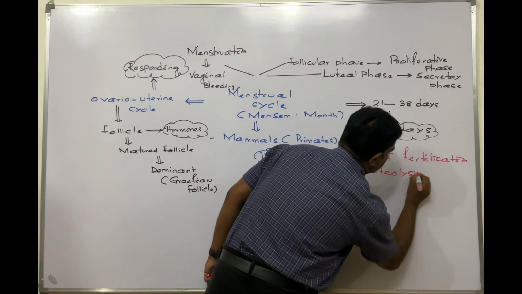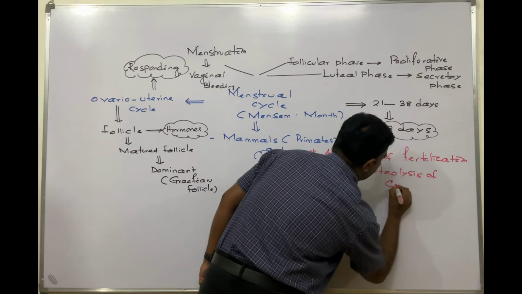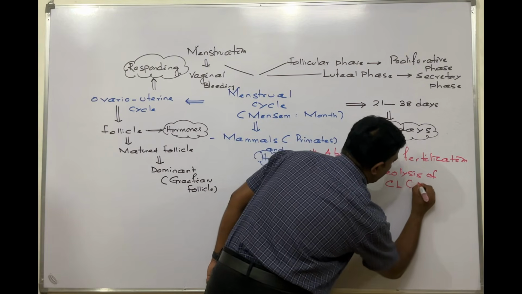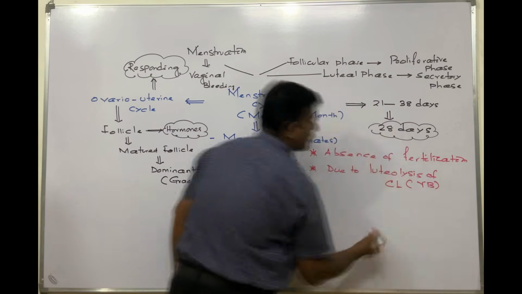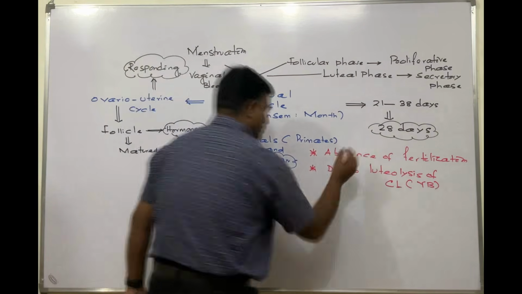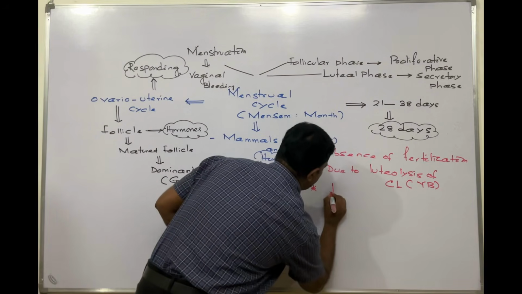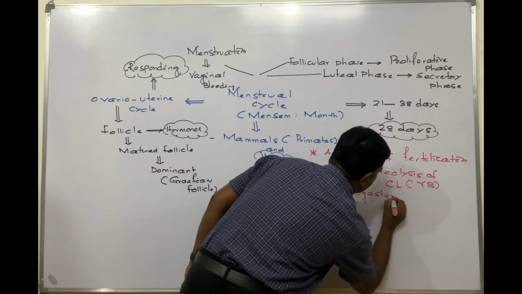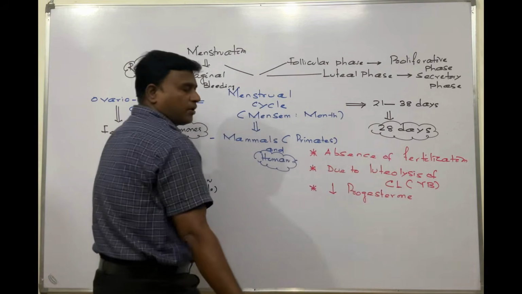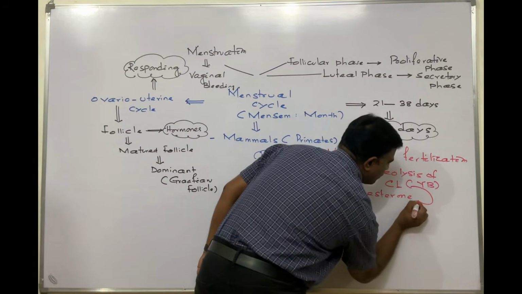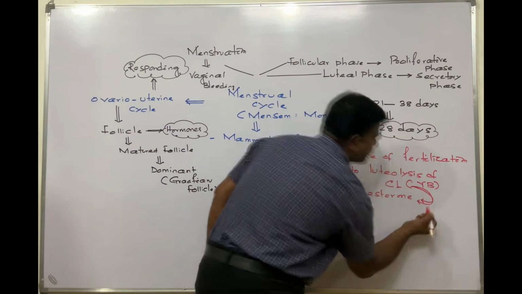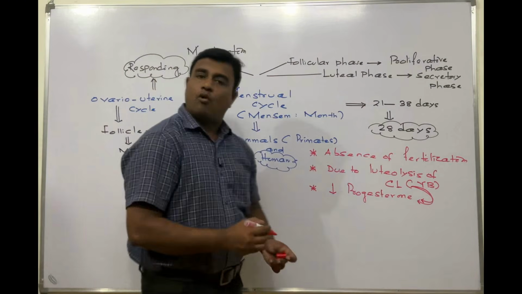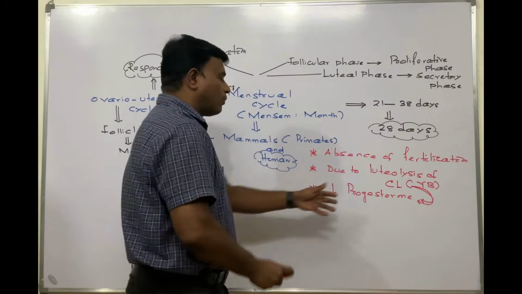That means lysis of the corpus luteum, the yellow body structure which secretes progesterone. And the third one, it occurs due to the fall in the circulating concentration of progesterone, because this is that master hormone which is secreted from the corpus luteum after the process of ovulation, and this is that hormone which